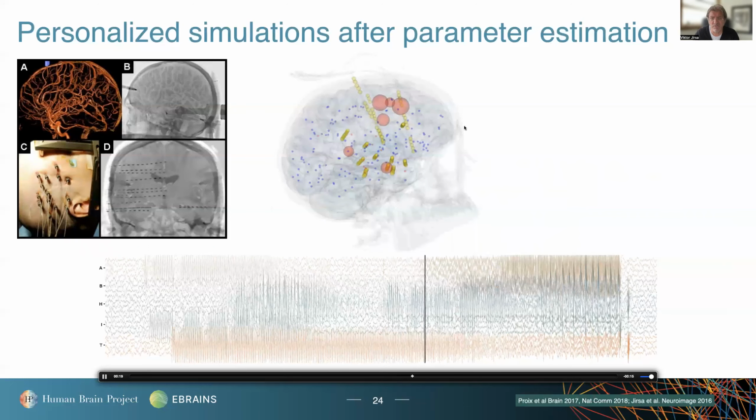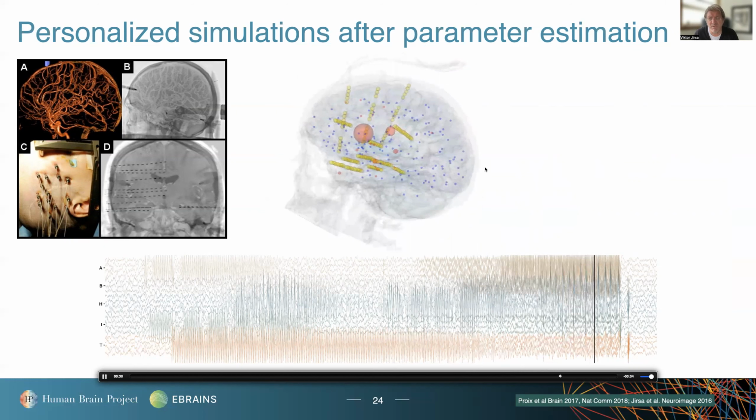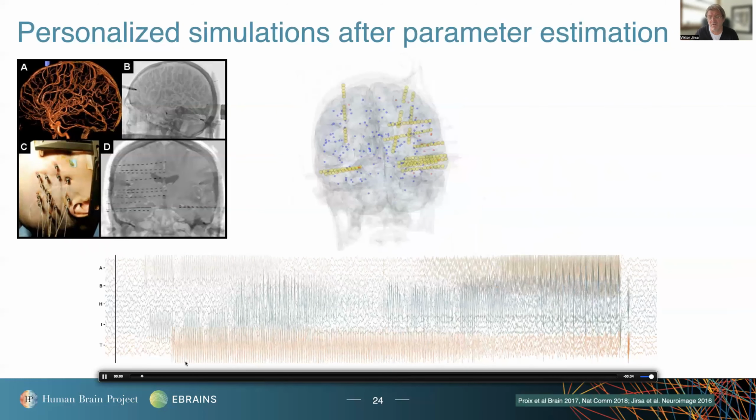And when there is lots of energy in terms of discharges in there, you see these red balls, these red spheres coming up, and SEEG via the yellow spheres. So this is where you actually sample the activity, which I'm plotting down here for you. So as an in silico platform, we can now use it autonomously to generate seizures and